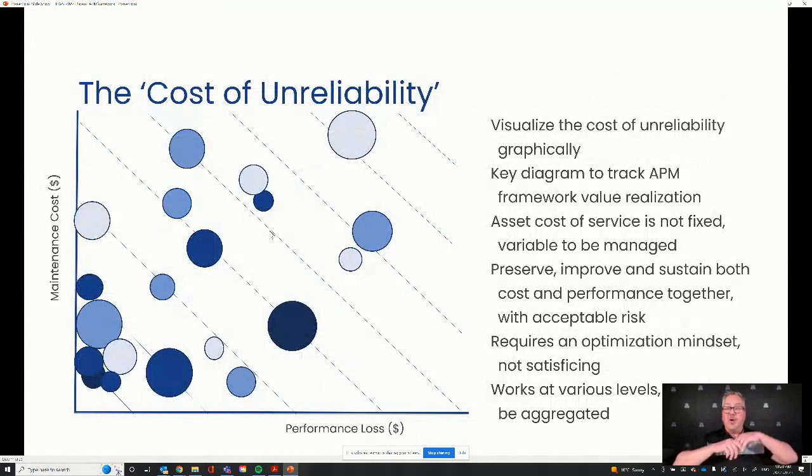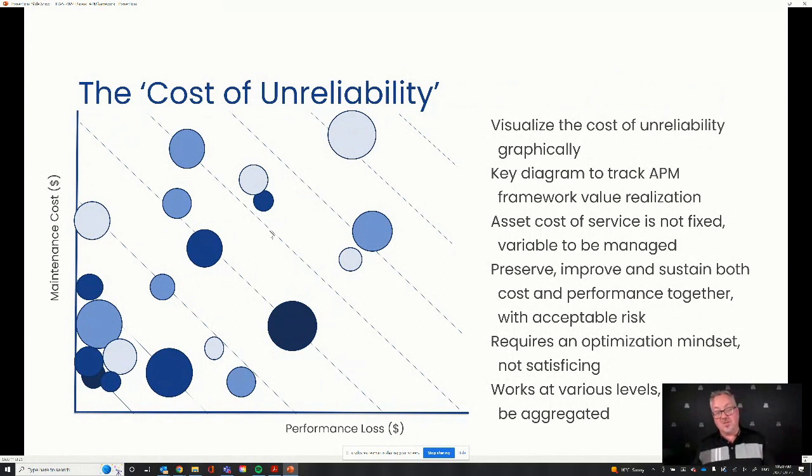And if you put a bunch of assets together, not only can you track these over time, but you can track multiple assets, either a group of individual equipment in an asset management system or a bunch of systems within a production unit or a plant. You can choose at what level you apply these, but you can see where the opportunities are. And I call this the cost of unreliability, right? And really, again, going with that negative valence, we're trying to see where the challenges and the opportunities are.